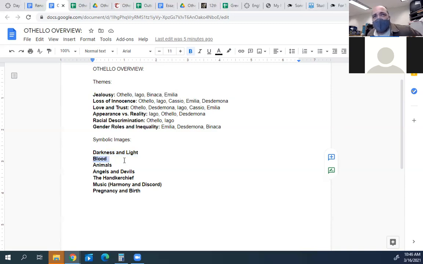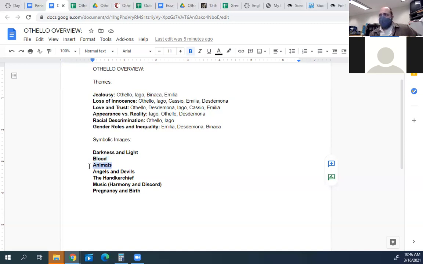Another symbol that we get in here is blood. Blood in Shakespeare often represents rage or anger or guilt. And we'll see that in Othello when blood is spilled. When Othello, the character, talks about blood, whether it's other people's blood or his own blood, you can sort of see him starting to change as a character, and his rage and his anger starting to escalate. And then, of course, once you commit a murder or a crime, there's a lot of blood that's shed, and that immediately starts to flip towards guilt and stuff like that.